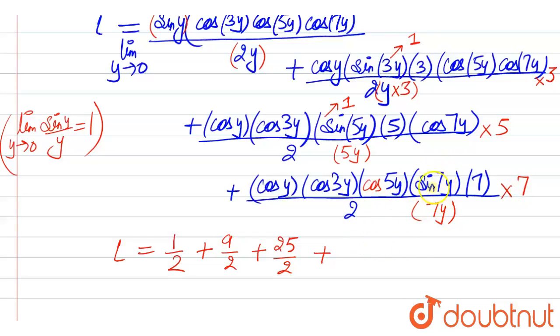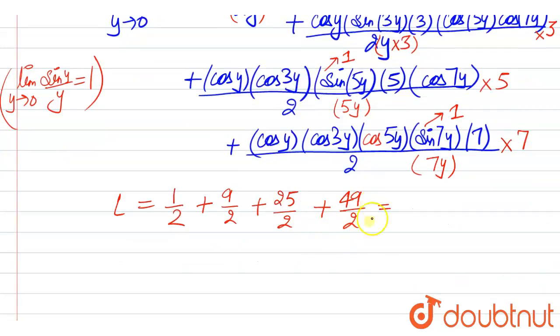This becomes 7 sine 0 by 0, which is equal to 1, and all the cos terms are multiplication of 1, so we are left with 7 into 7, that is 49 divided by 2, which is equal to, now 49 plus 1 is 50, so this is 50 plus 25 plus 9 is 34, divided by 2. So the value of the limit that we are getting is 84 divided by 2,